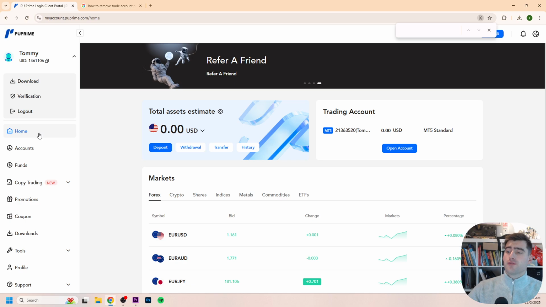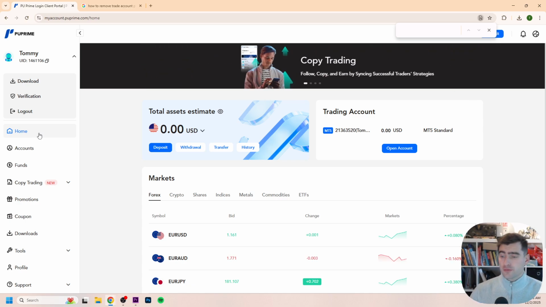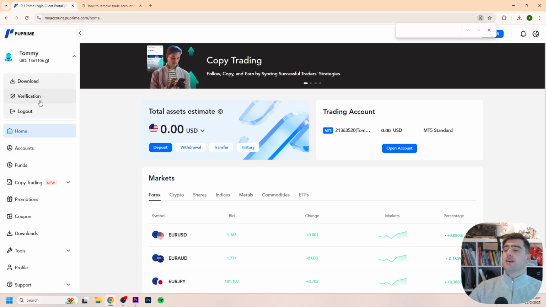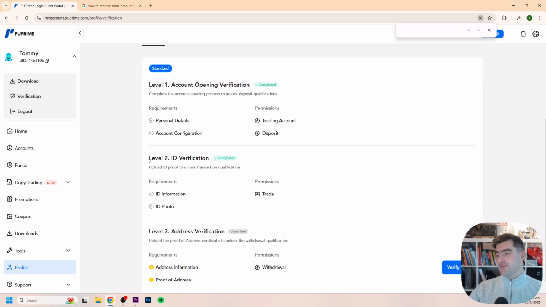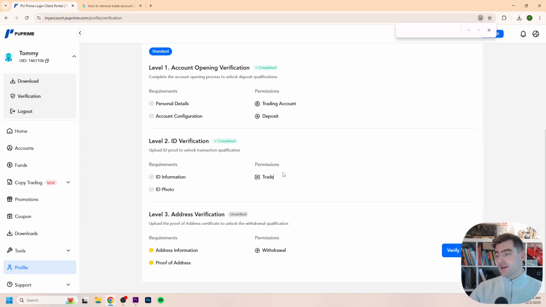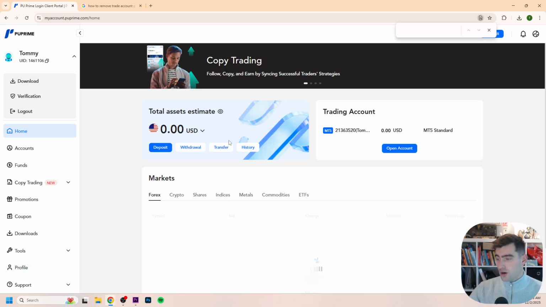And for that, first of all, create your account, do the level 2 verification. So if you go to this page, make sure that the level 2 verification is done, because after the level 3 address verification, you can withdraw. So it's important to do this verification first, and then after that you go to home and then you click